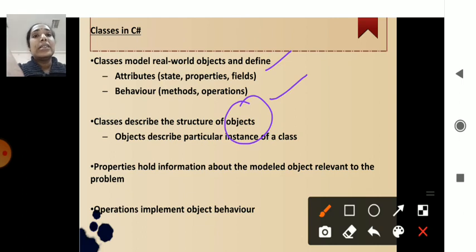And as I said, the classes consist of the properties which hold the information about the object, whether the object can be set or got. You are setting the value, getting the value, then you are setting some value for those objects. Okay, and it even considers the behavior of the object, how it behaves, as I said, how it is being called, whether it is deleted, whether it is stored in the memory, or what the behavior of that particular object is that is concerned in the part of the classes. Okay, so this is the part of your class.